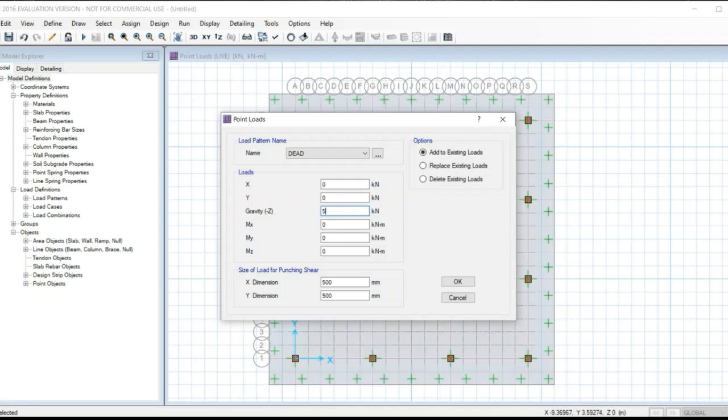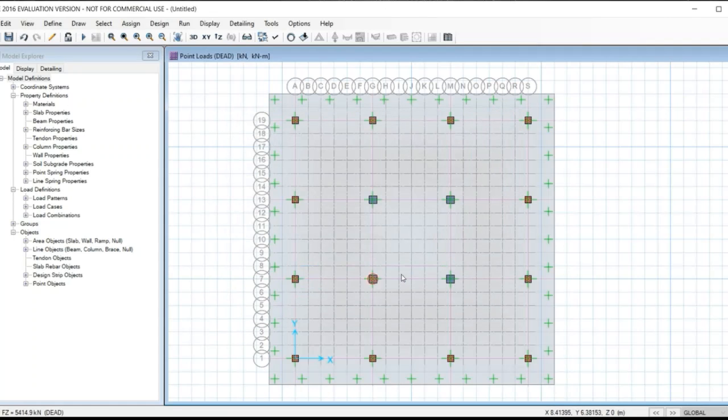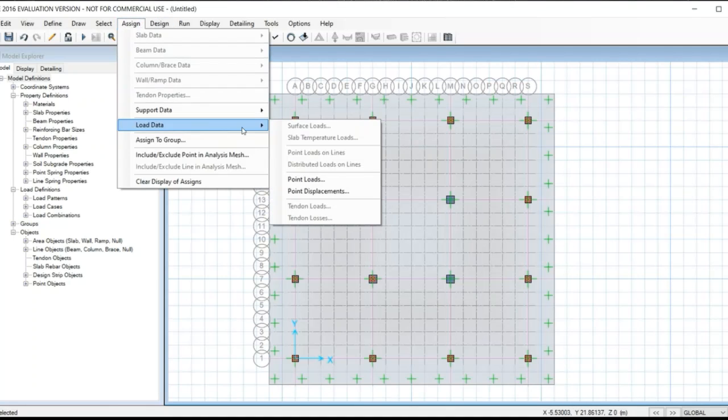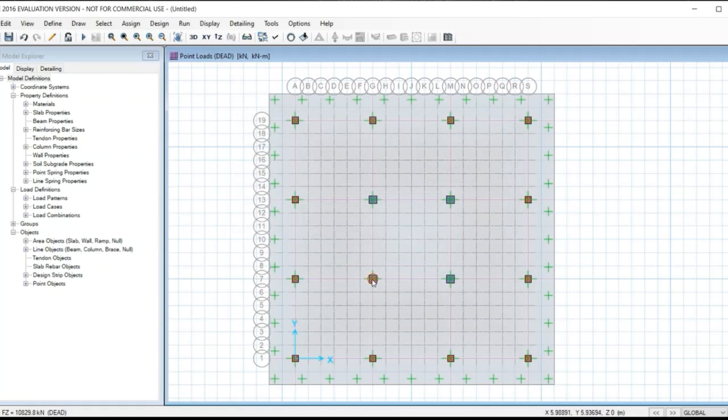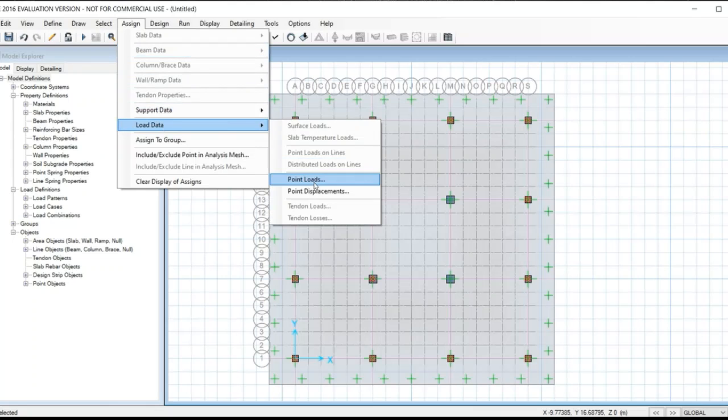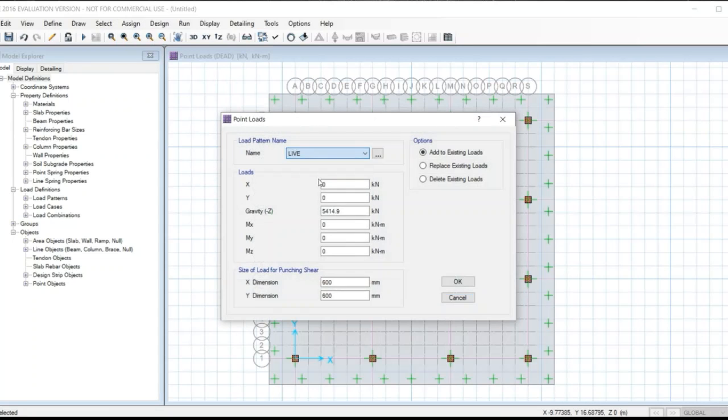Enter the value of the dead load. Make sure the size of that column is 600 by 600. Similarly, apply to all the remaining three columns of the same size.